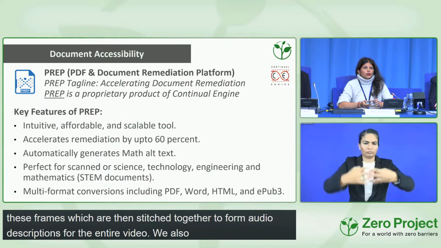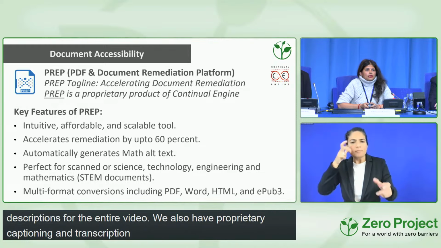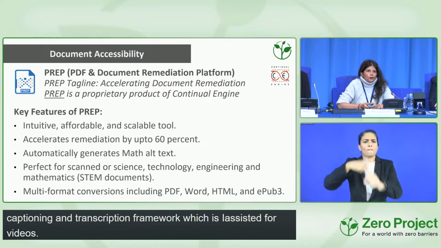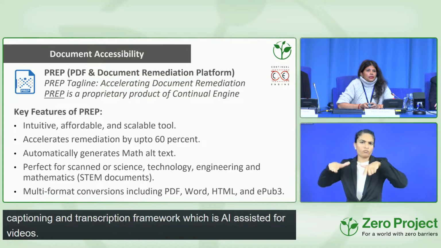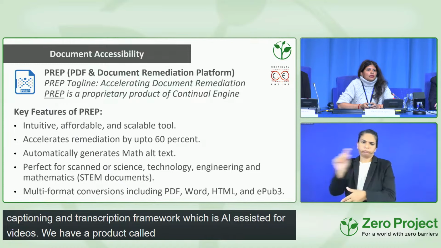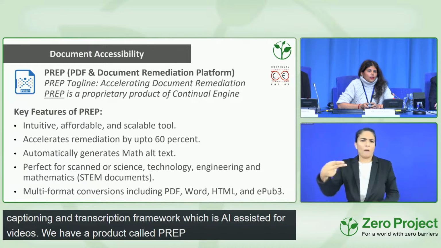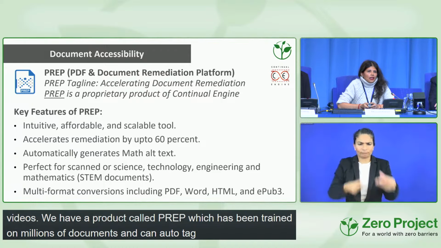Next, we move on to document accessibility. We have a product called PREP, which is PDF Remediation Platform. Here again, we have AI-assisted algorithms which have been trained on millions of documents, which can auto-tag documents and bring immense cost and time savings.